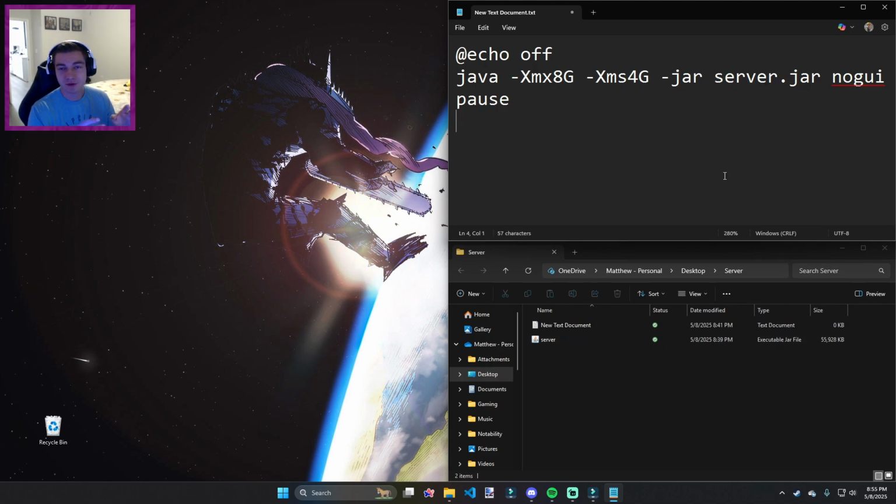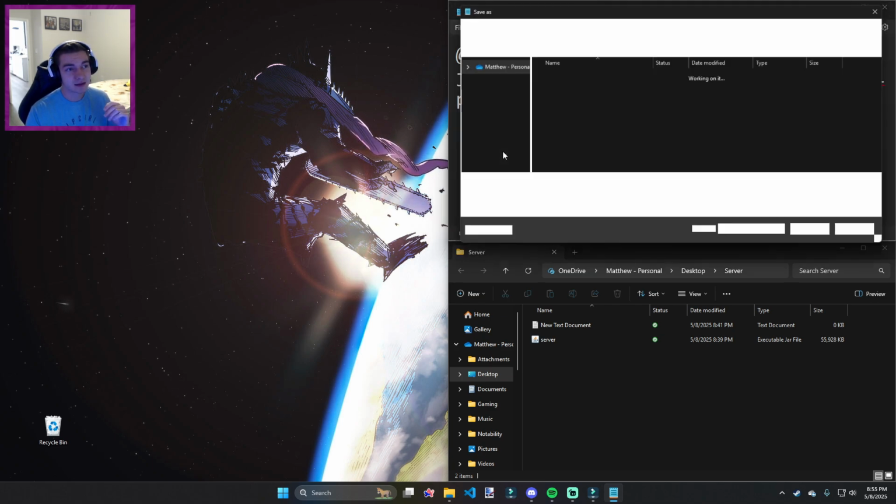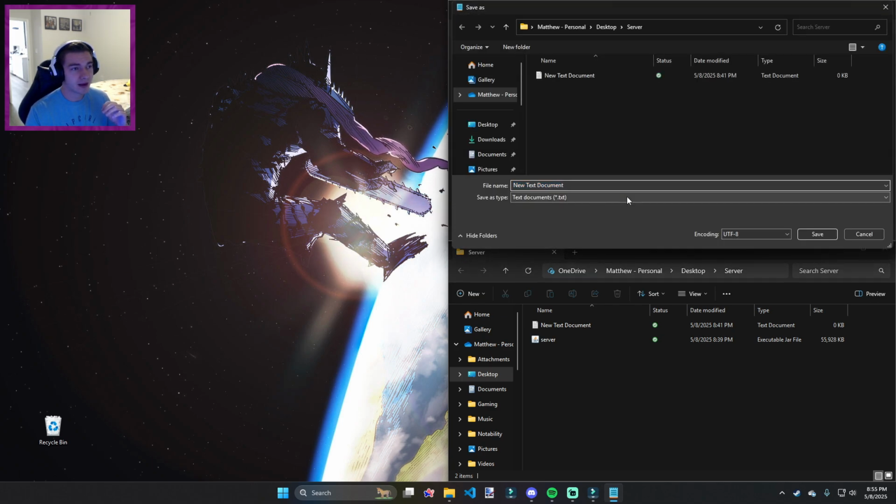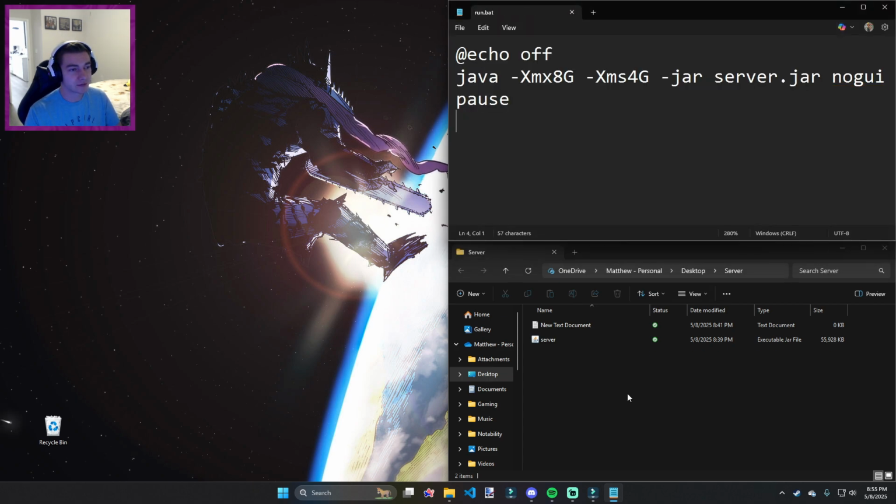Once the server start script is configured to your liking, hop up to File and Save As. Save As will allow us on Notepad to choose all files for the type and then name it run.bat, which stands for the batch file type, and save it into our server folder. Voila! Now we have our run script, and we're ready to move on to the final step of our server,